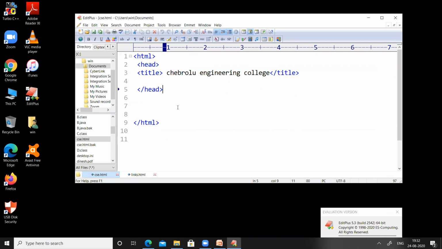So this is the basic structure. We have the html tag, head tag, title tag, and the closing of the head tag. And when we are writing normal programs, we are going to use the body tag, right?